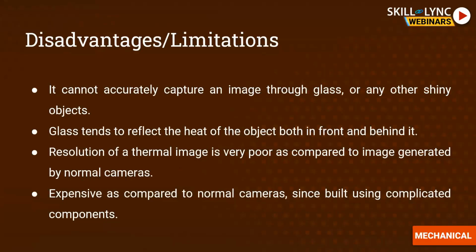The biggest disadvantage that researchers are trying to deal with right now is the glare that comes from glass or some shiny objects. IR sensors cannot capture an image through glass, because glass tends to reflect the heat of the object both in front of and behind it. So this is one of the biggest disadvantages right now that researchers and engineers are trying to cope with,